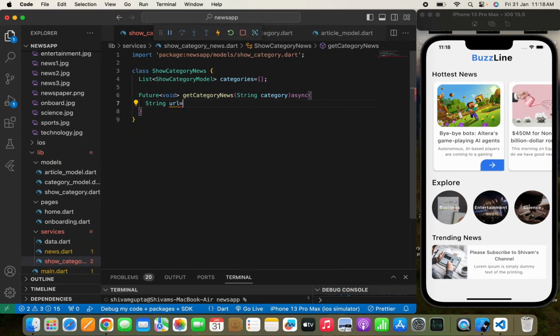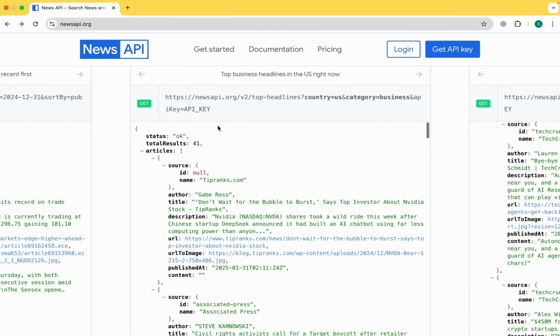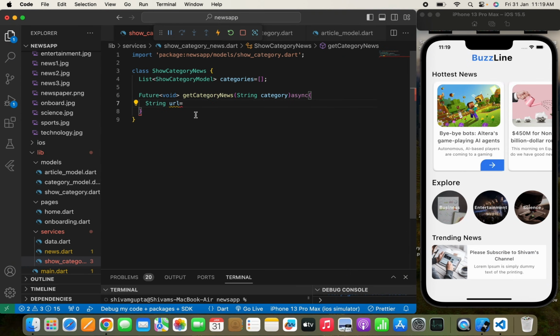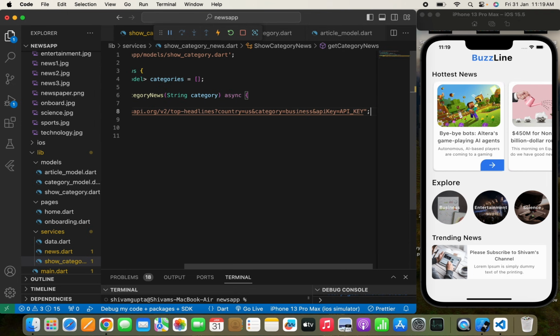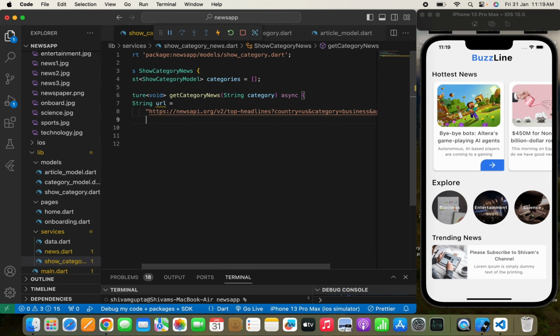And here I'm going to pass a string URL. In the URL, I'm going to pass this URL, so I'll copy this, and we are going to paste it over here like this. Yeah, and change the API key that you need to pass. Once we have written this, now the same thing that we have written for our hottest news, I'll write var response equals to await